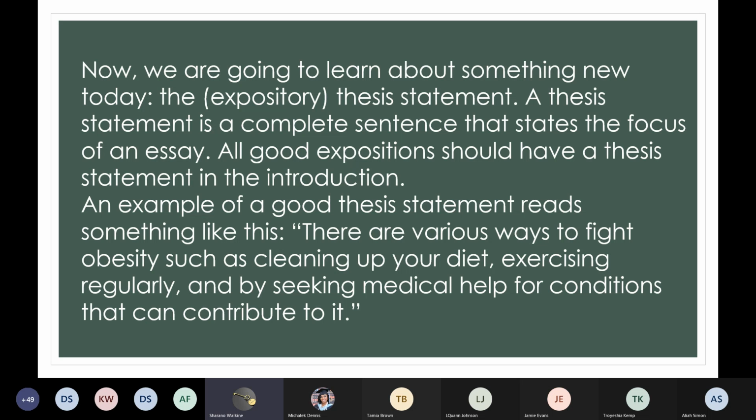What was... look at it again. Yes, cleaning up your diet would be the first paragraph of the body. Okay. And so therefore, the second paragraph of the body would talk about what? The importance of